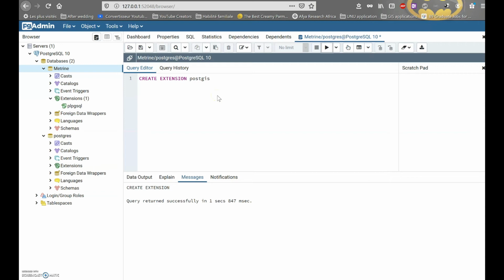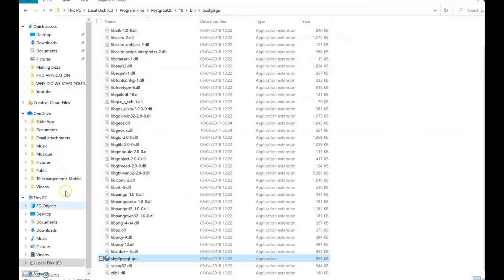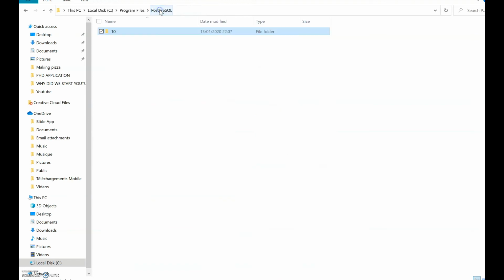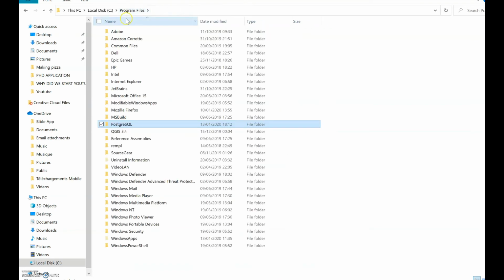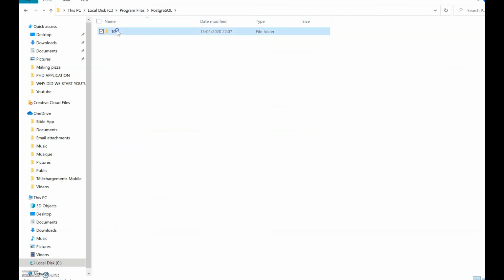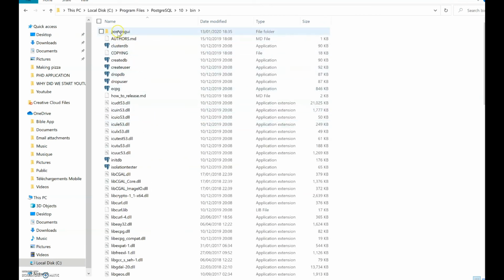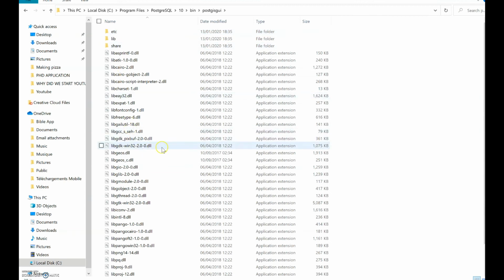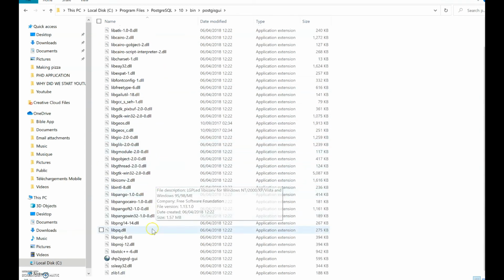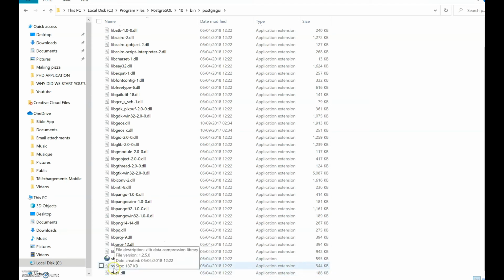And to solve this error, it's very simple. You simply navigate to the folder where you installed your PostgreSQL, and I'm going to do that with you. Usually it is in local disk C, program files, PostgreSQL. You have a folder for the version that you installed, and then there's the bin. So when you come to the bin, there's a PostGIS GUI. Look for two files, and I'm going to show you which files these are. This is this file